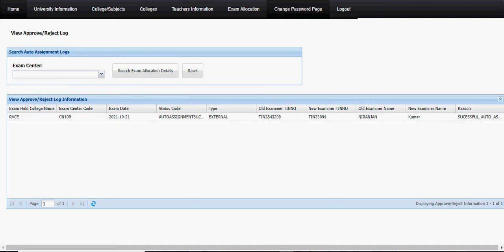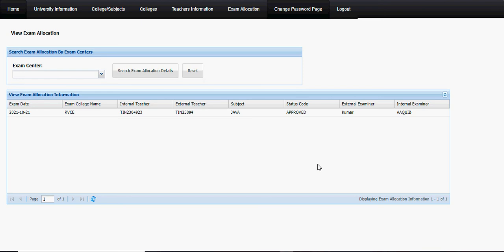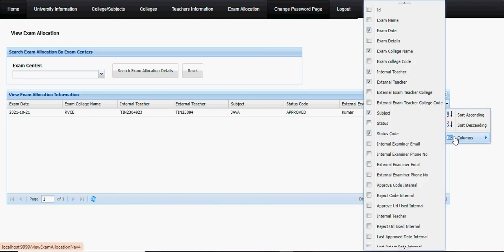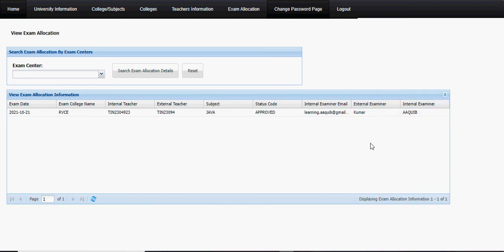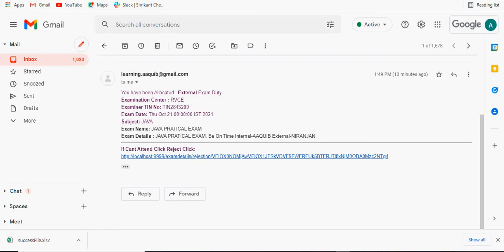Now I'll go to exam allocation, view allocation. Now we have seen how we can automatically assign a new external examiner. Now I'll try to reject the internal examination. The internal examiner email ID is learning.akib@gmail.com. So I will change the internal examiner so that again the internal examiner gets auto assigned. Okay, so now I'll go to exam notification